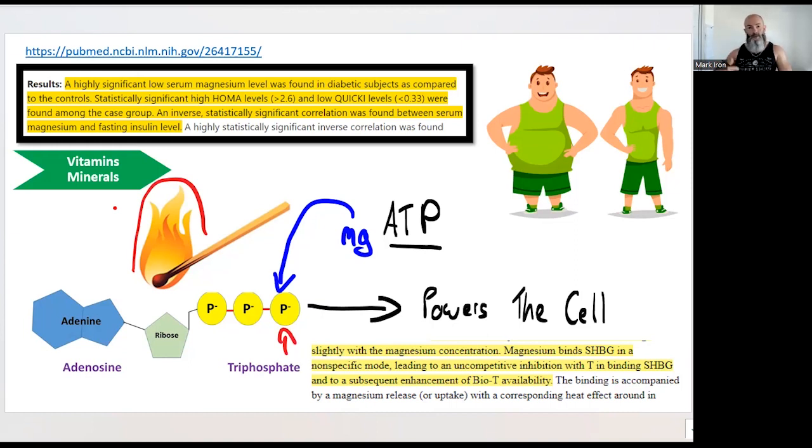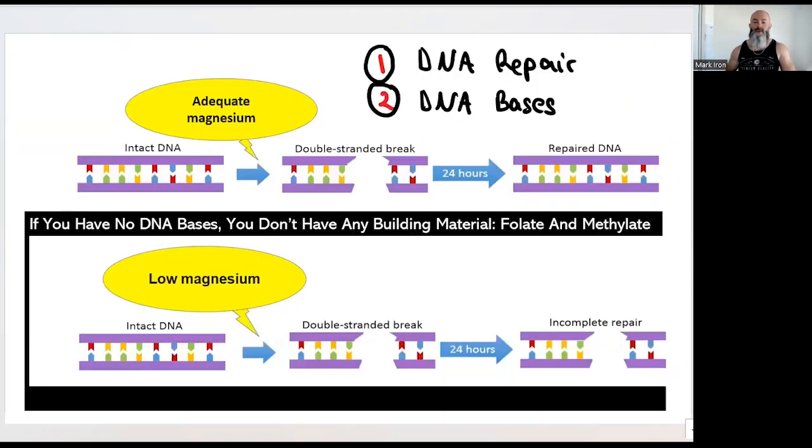Now, if you don't have adequate magnesium, the body's not stupid. It's going to store it as fat for a rainy day. And they've also shown in the scientific literature that low serum magnesium also causes insulin resistance. And if you don't have enough magnesium, you'll have low bioavailable free T. So that's pretty huge. And a couple of other things that magnesium is very key for is DNA repair, number